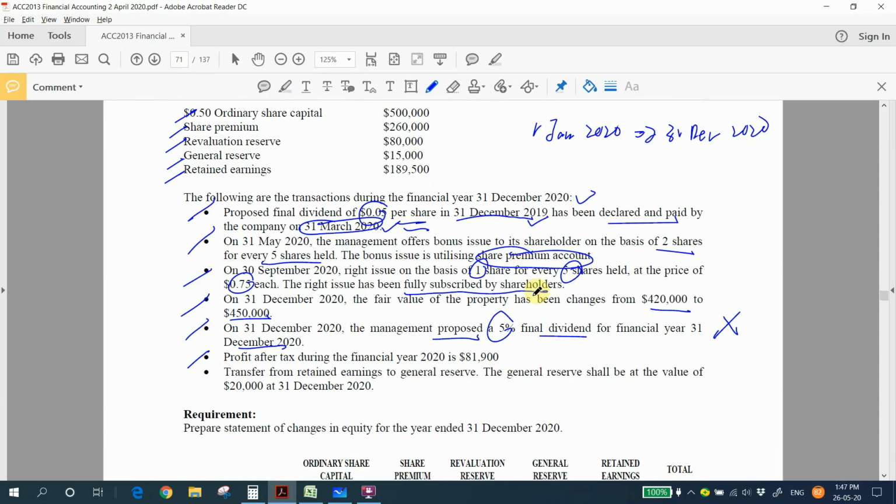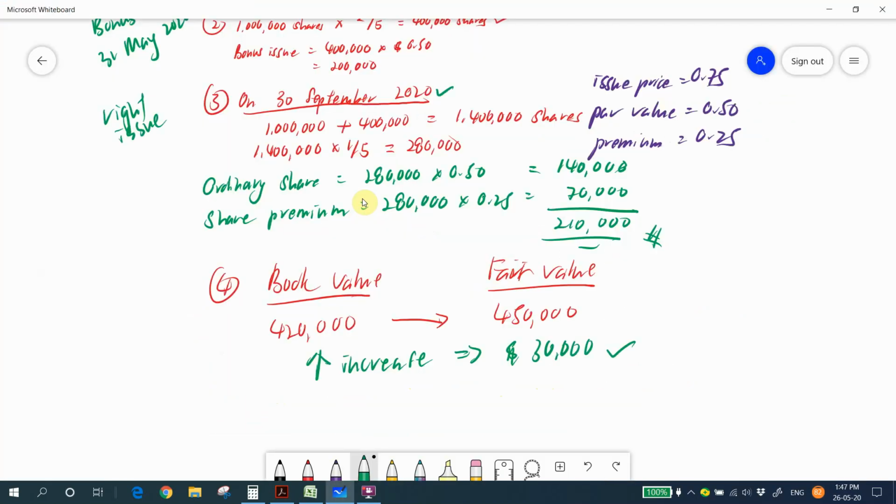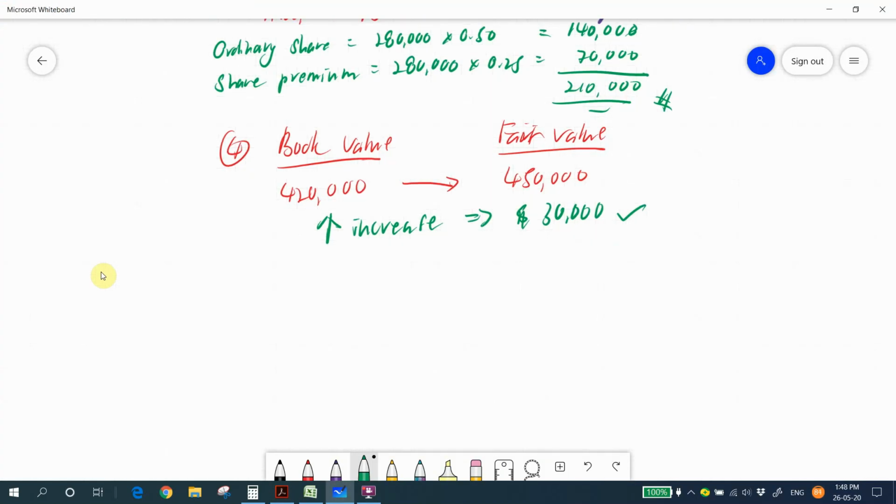And the last one, transfer from retained earnings to general reserve. The general reserve shall be at the value of 20,000 at 31st December 2020. So class, you have to pay very good attention, or be very cautious when you look at the wording here. You see this, the general reserve shall be at the value of 20,000 rather than transfer 20,000. So how to make your general reserve